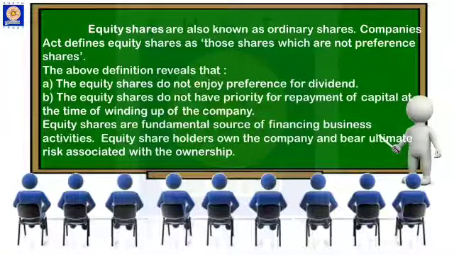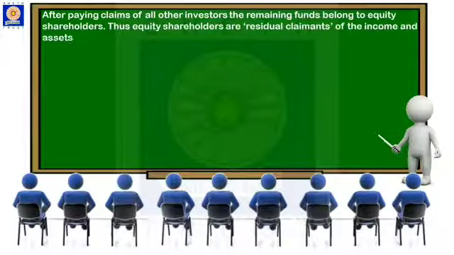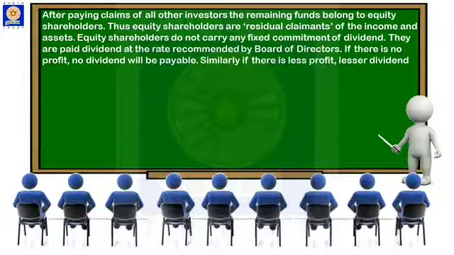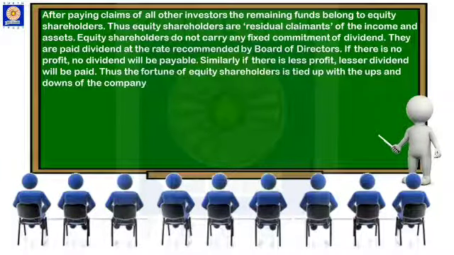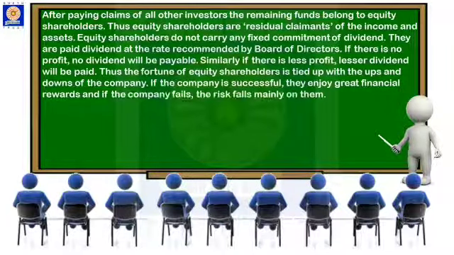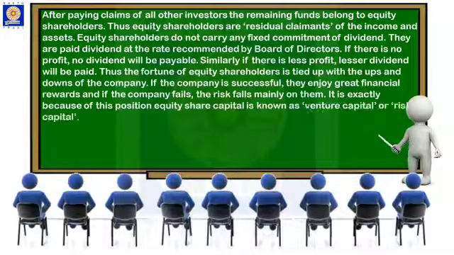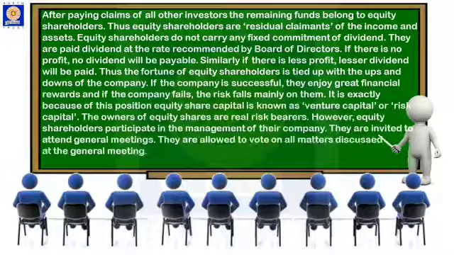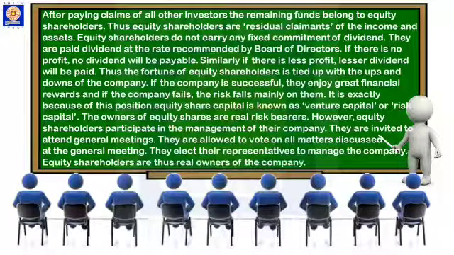Equity shares are given dividend at a fluctuating rate, that is, the rate of dividend depends on the profits of the company and the rate of dividend is recommended by the board of directors. Equity shareholders enjoy voting rights. They can also participate in the management of the company. Equity shareholders have the power to elect a director. At the same time, they can remove a director.